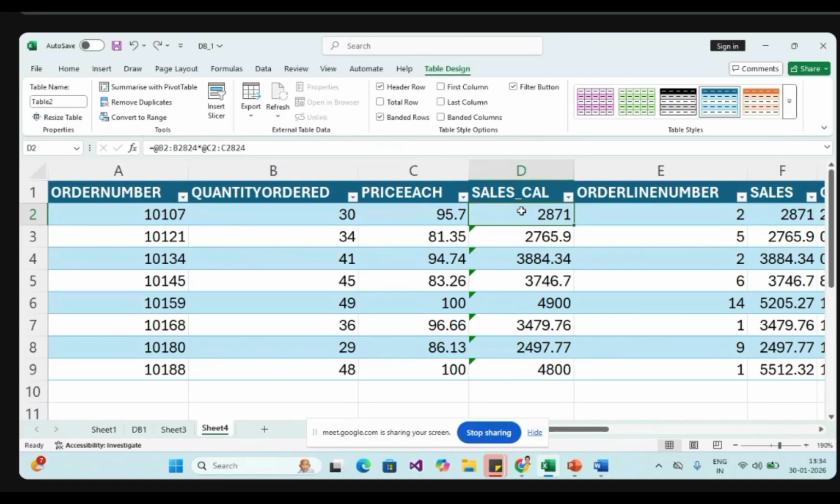B2 up to B9, into C2 up to C9. This value comes from my previous database, which consists of 2824 rows, right? That's why it is showing like that. So you just need to only select